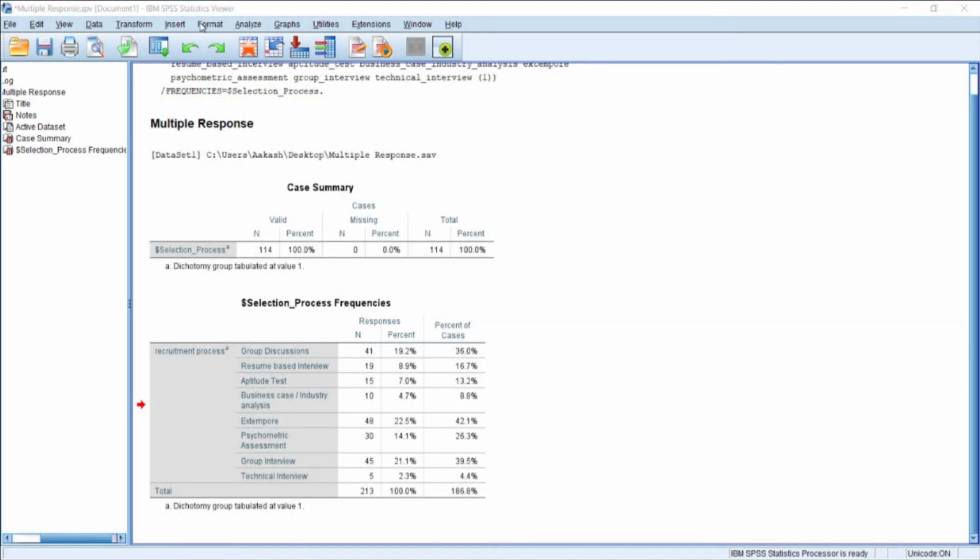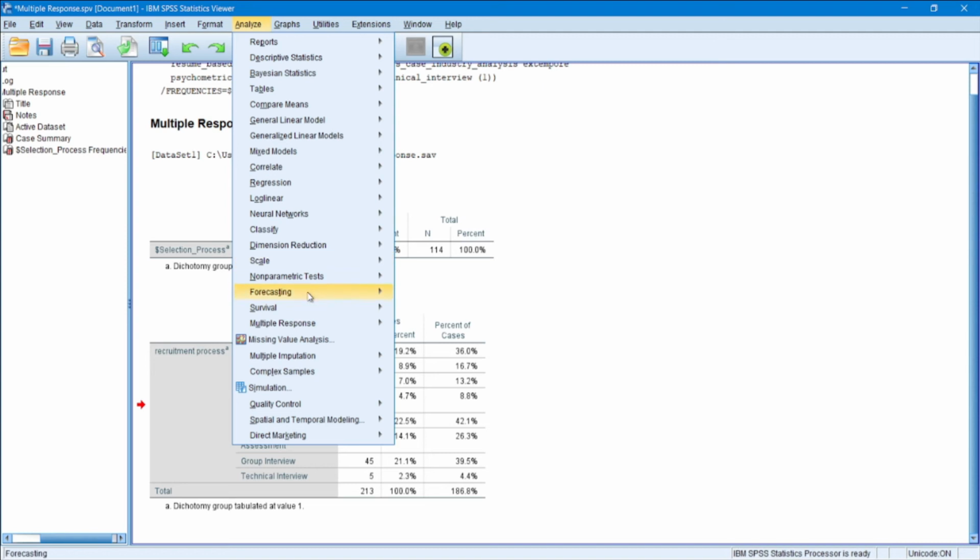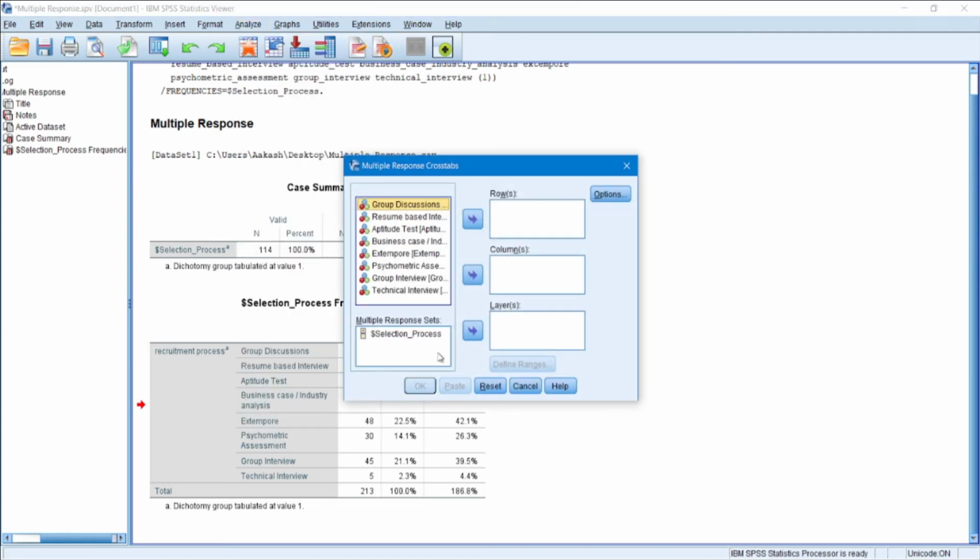discussions. Now for crosstabs, we'll again go to Analyze, Multiple Response, Crosstabs. Crosstabs could be used to compare, suppose, if a person has selected both group discussions and resume-based interviews. If a single respondent has selected both of those options, we could analyze how many are there.